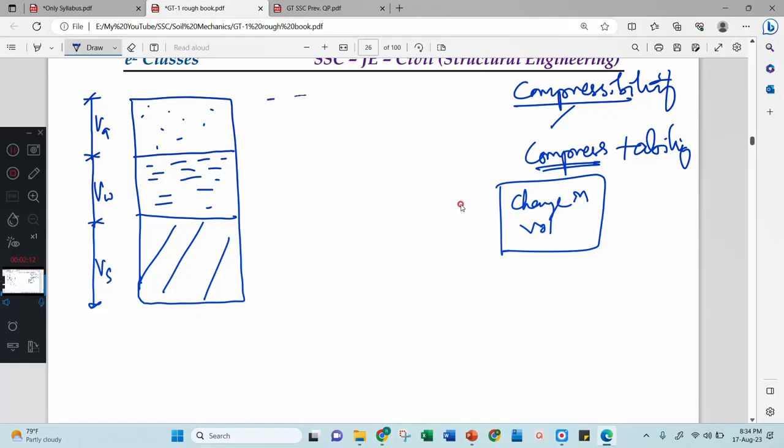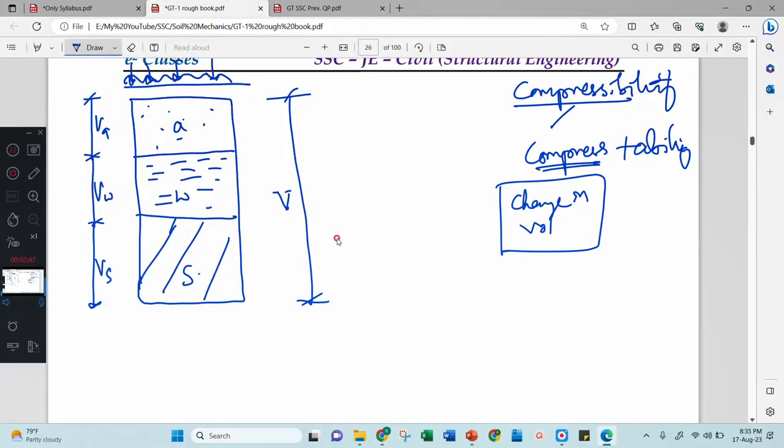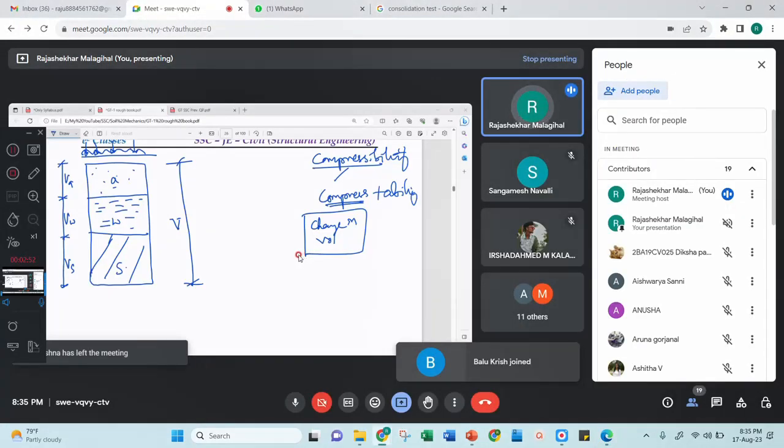Then what is the reason that the soil will get compressed? Here we have three phases: the first one is solid, the second one is water, and the third one is air. Which phase will compress so that the entire soil will be compressed? That we need to assess. Let us consider I will put a load here. Whatever the load might be, static load or dynamic load, compaction, vibration, whatever it is, I am applying this load, and because of this the change in volume occurs or not, that we have to understand. What do you say? Change in volume occurs, so is the soil compressible or not? What do you say?